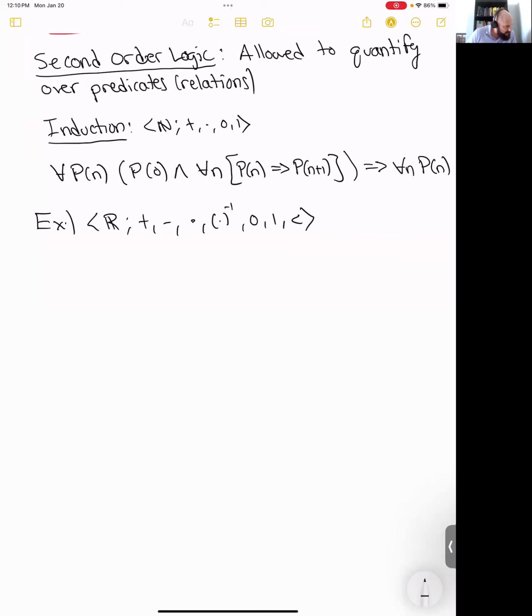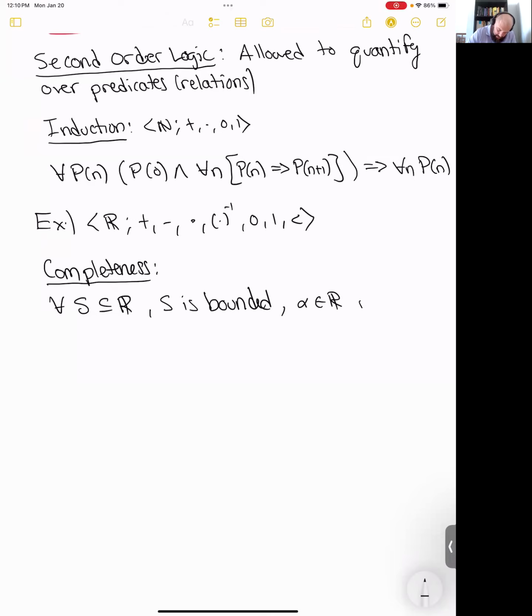And what we need in order to do that is completeness, right? So what's completeness again, just mathematically, before I even try to be careful about the logic considerations that I've been bringing up. So just mathematically, we say, for all subsets S of the real numbers, here I'm allowed to just quantify however I like without worrying. S is bounded, so I'm only going to consider bounded sets. Then alpha in R is going to be the sup of S if